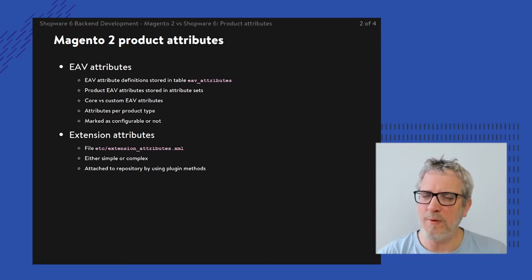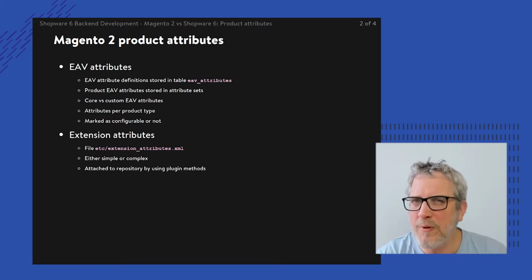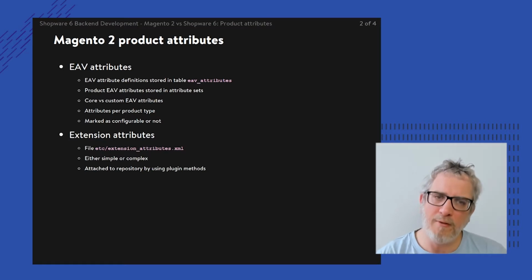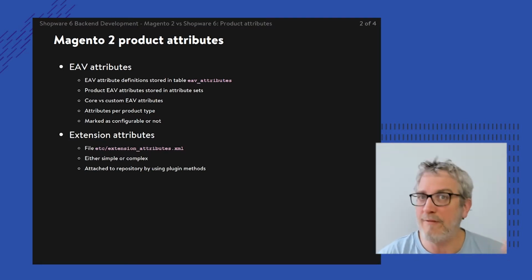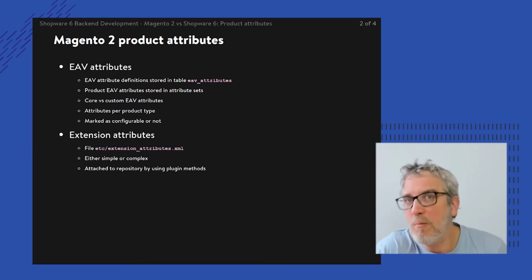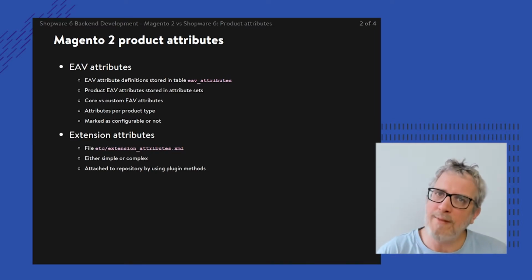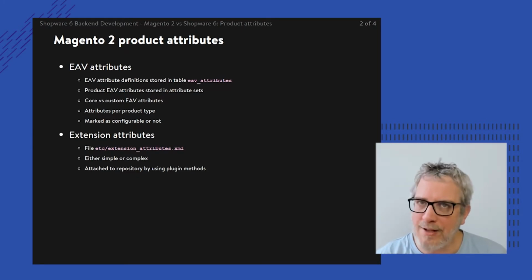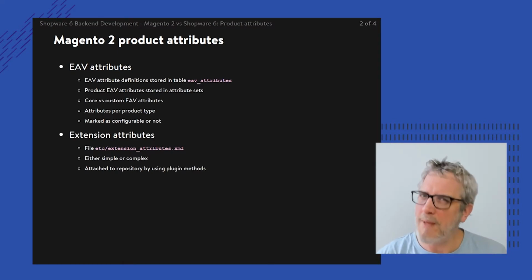There's this differentiation between core and custom or third-party EAV attributes. Personally, I don't really believe in that difference, but following the architecture of Magento, that difference is kind of important. And why? Well, that's obvious, because the core attributes are something that the core could rely upon, things like SKU or maybe even a manufacturer. But then actually there are also these custom EAV attributes, and coming to think of it, a manufacturer would be a custom EAV attribute. And for products, those custom attributes are also something that you can manage from within the backend, because there's a product attribute management.